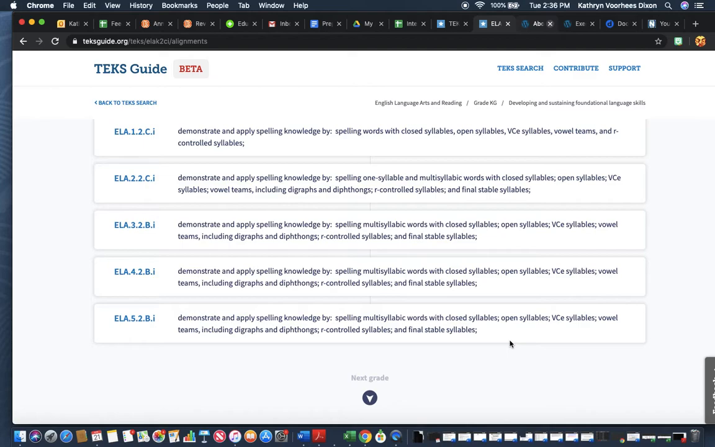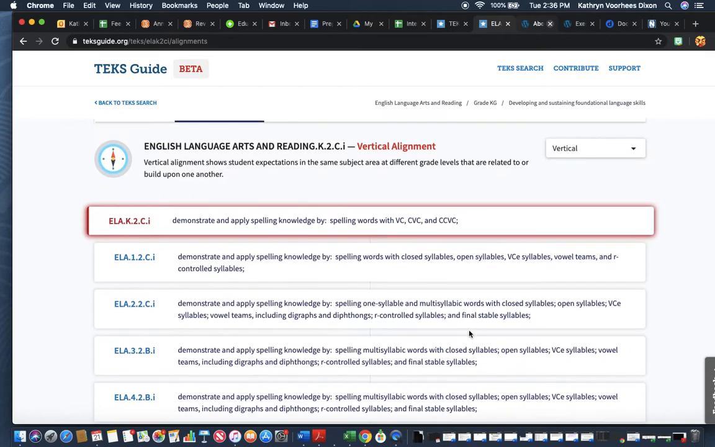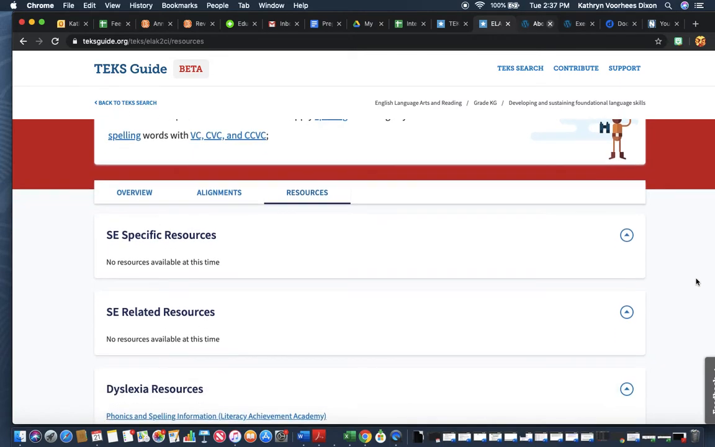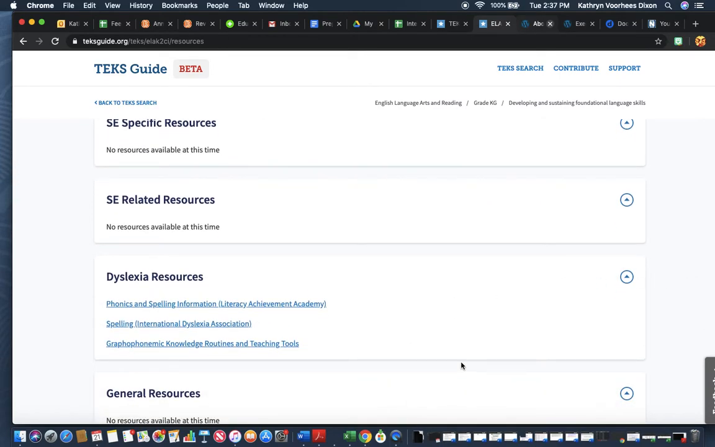keep working on it, because as we talked about a lot in class, it takes a lot of exposure and practice with these different patterns for them to really get it down and have that mastery. So we see that really continue through all three of those grade levels. And then again, we see our resources. Here are some dyslexia resources that are specific to what we looked at right there with spelling with these